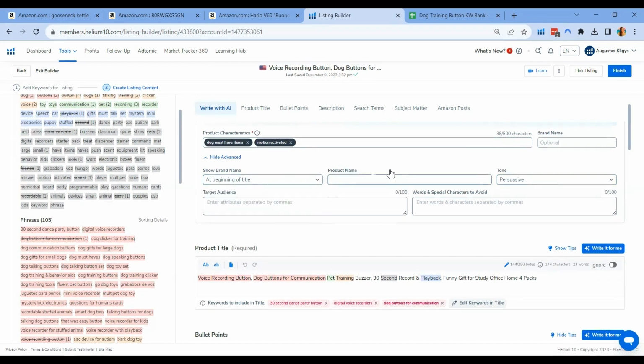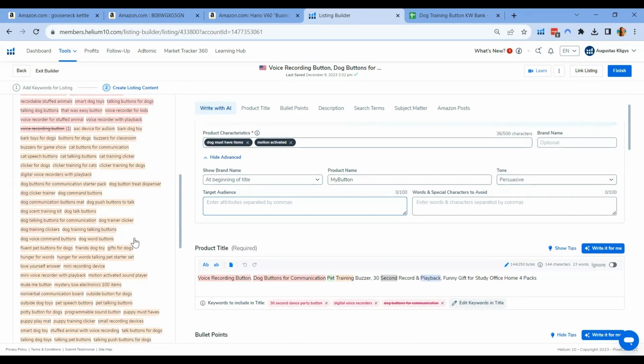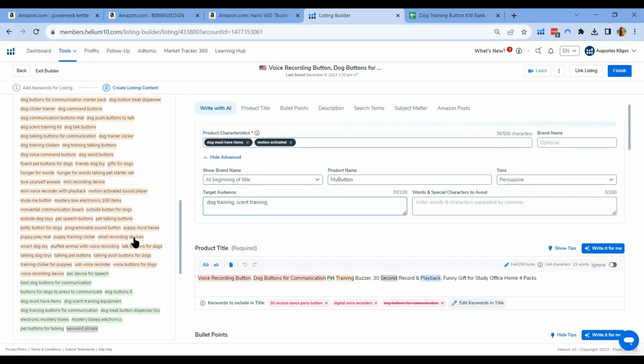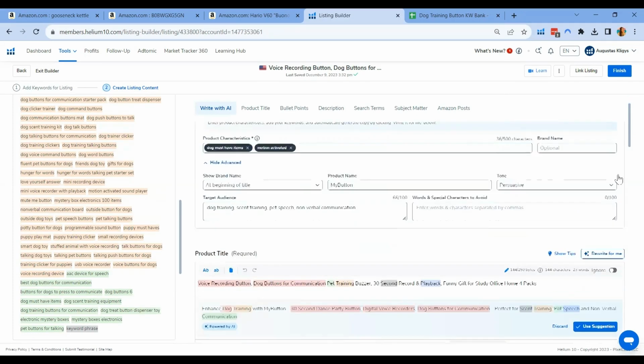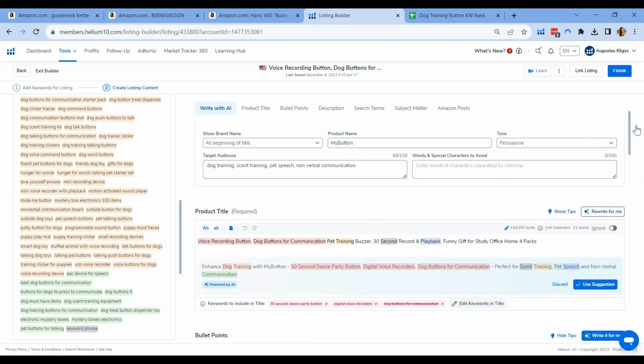And if we have the product name, let's say my button. And then the target audience could be dog training, scent training, pet speech, non-verbal communication, and so forth. You can add at most 100 characters here. Write it for me and we will see how much AI will be able to create this listing better for me. So here, what AI was able to generate is, it introduces me to the brand, to the product,